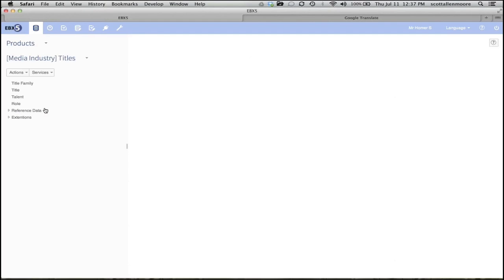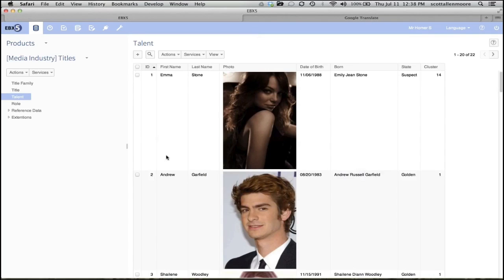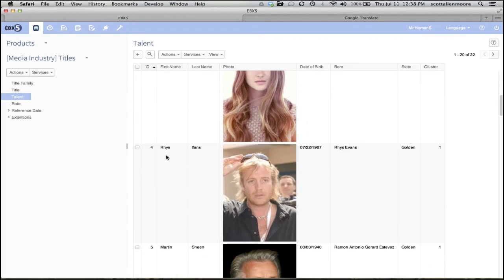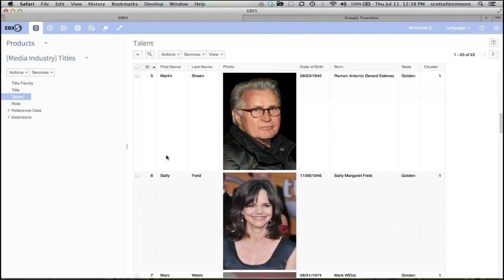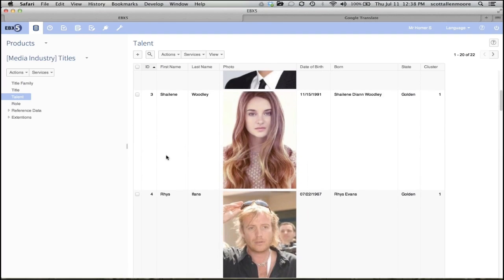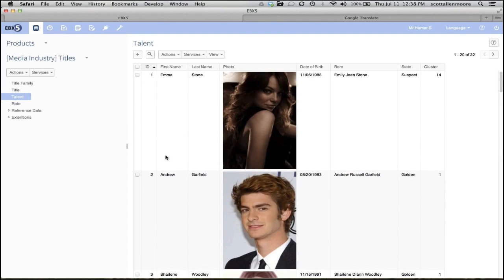Since EBX is a what-you-model-is-what-you-get scenario, we can have many domains, and those domains can interact with each other, such as talents. We could have information about directors, actors, various individuals that are going to participate in a video game or television series, etc. What role do they play, and what titles are they associated with?